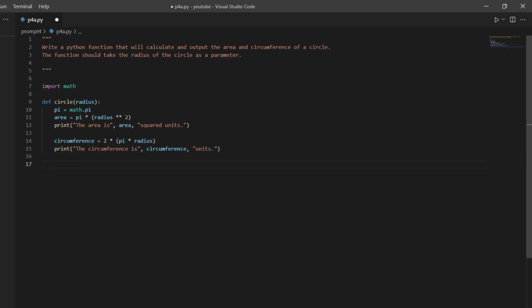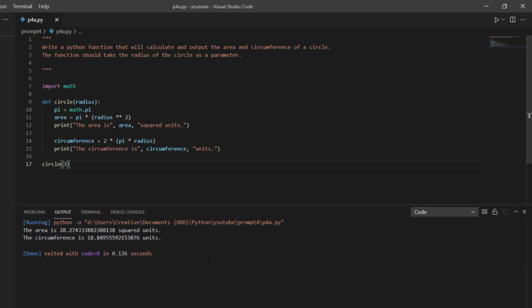Alright, so let's try calling it. So I'll call the circle function, and then I'll pass in a radius. Let's see, let's do 3. Sure. And let's try running it. Alright, so we get our area and we get our circumference, but as you can see, that's a lot of